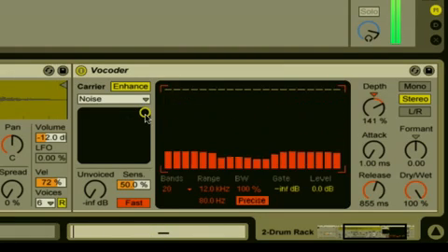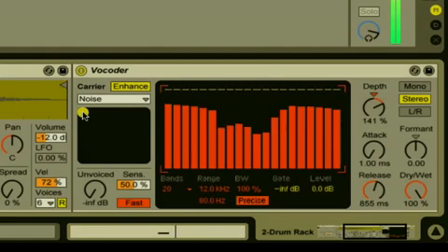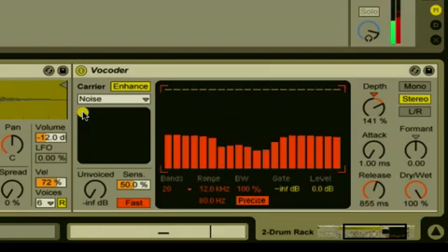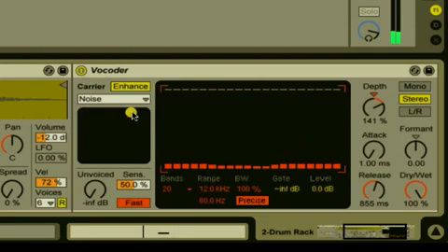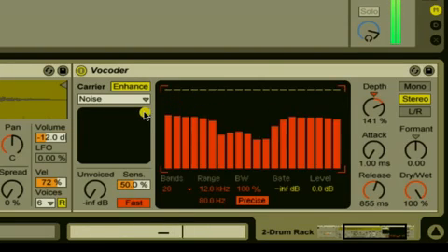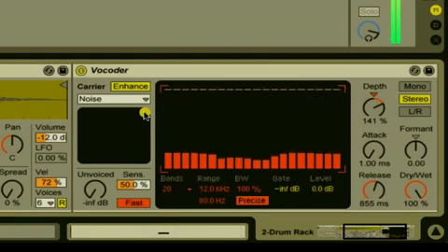Here we have our XY pad and we could change the character of the noise. So notice if we move this to the left, we sort of have a reduced 8-bit kind of Atari style noise component right now. And back over to the right, it's full resolution. As we move it down,